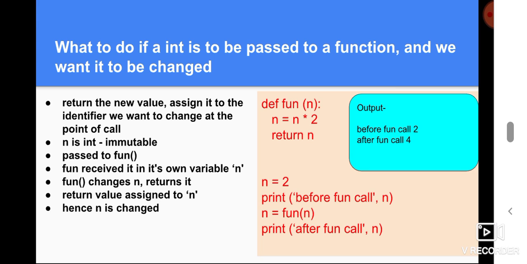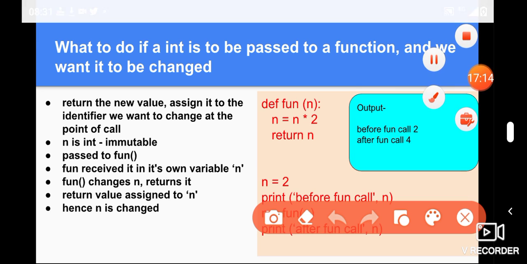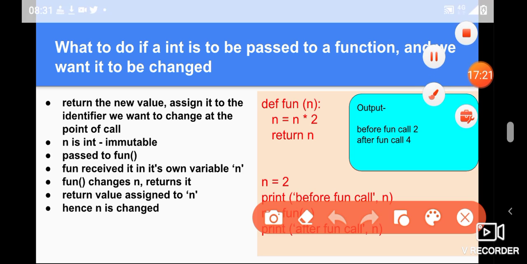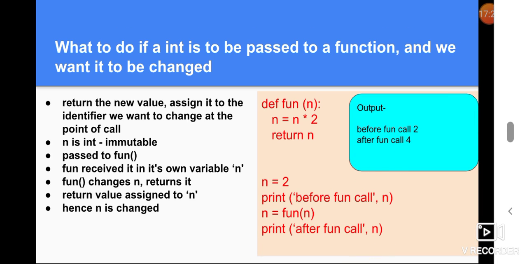So when function fun makes changes to its argument variable n, it is multiplying n by 2, and then it returns this variable n. Okay, and what the main program is doing is that it is storing the return value of this function into the original variable n only, which was passed as argument.